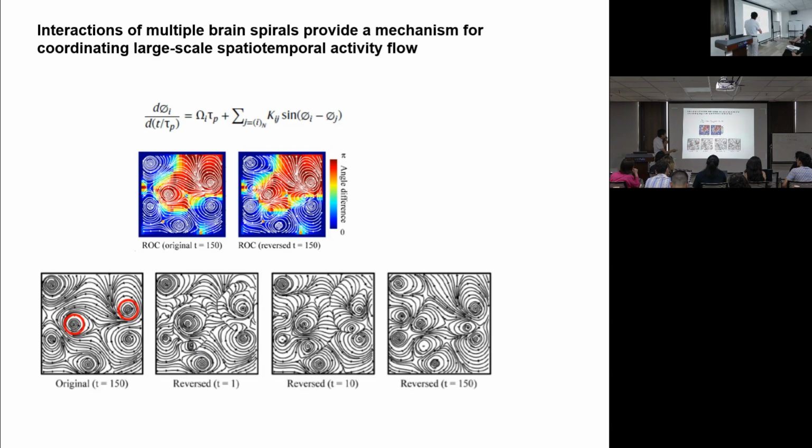These interactions, just like what we found in the real brain, can actually organize the flow of activity. So the mechanism we've suggested is validated in this phenomenological model. If we artificially reverse the rotational direction of this spiral, then after this operation the overall flow pattern is reversed as well. So this suggests that the interaction